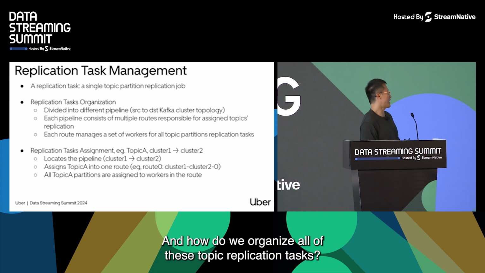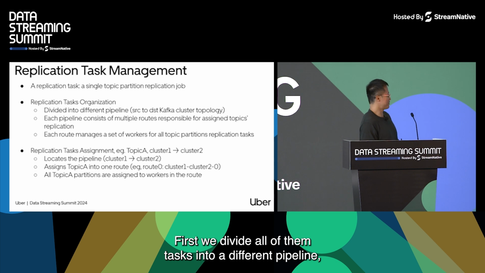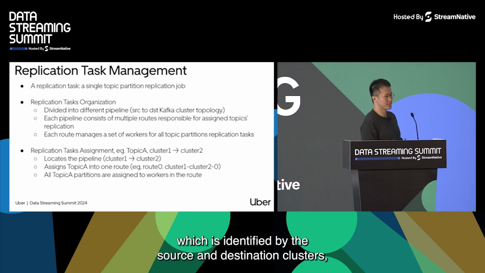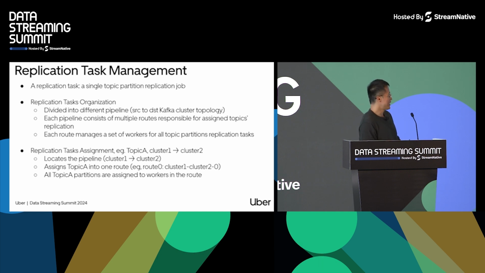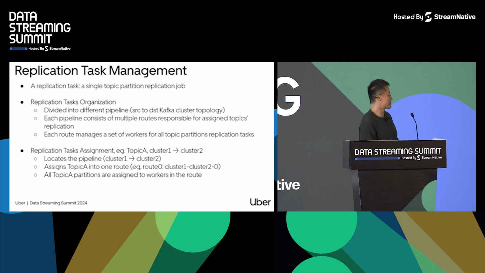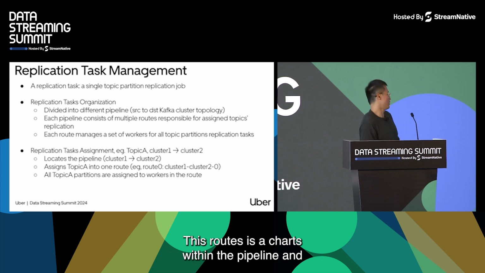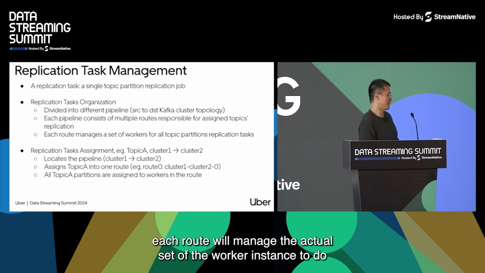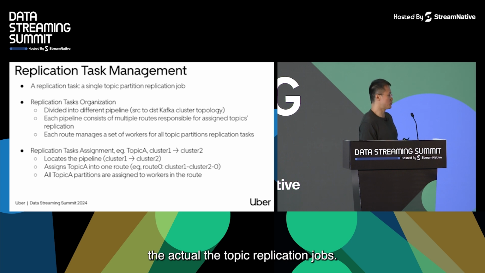And how do we organize all of these topic replication tasks? First, we divide all of the tasks into different pipelines, which are identified by the source and destination Kafka cluster combinations. And after we divide into multiple pipelines, each pipeline consists of multiple routes, which are responsible for the assigned topics' replication work. We can think of these routes as shards within the pipeline. And each route will manage the actual set of worker instances to do the actual topic replication